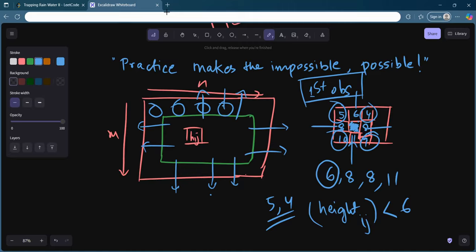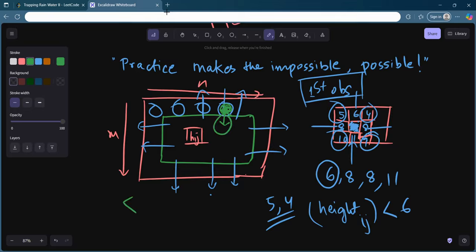Let's say the minimum height lies somewhere here. So I went to this position, where the minimum height of the cell is. Now I will see what the neighboring cells are. So what is the neighboring cell in the grid? It is only this. Now I will see that if this neighboring cell height